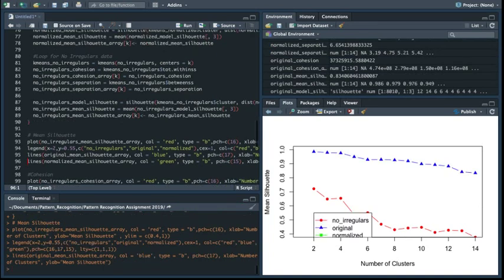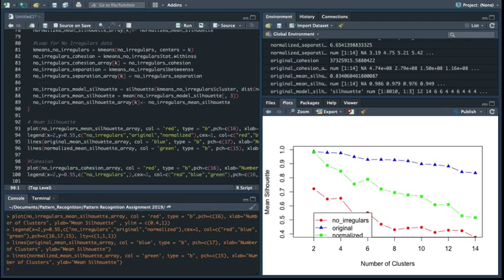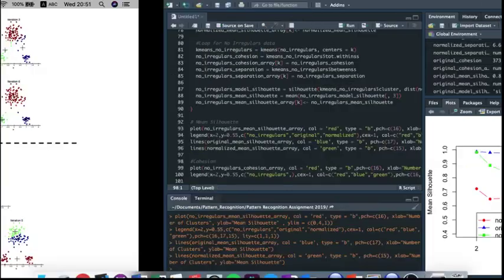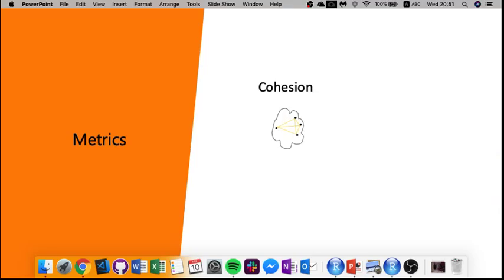Okay, so now we can see the mean silhouette for all the data sets, and as you can see, the most efficient data set is the original one, which is actually an illusion. It's a fake result, because the silhouette metric counts the distance